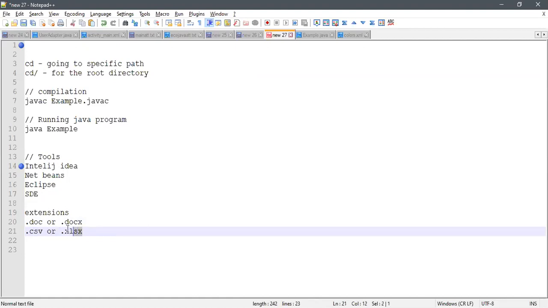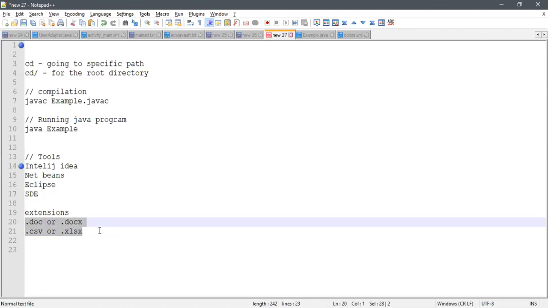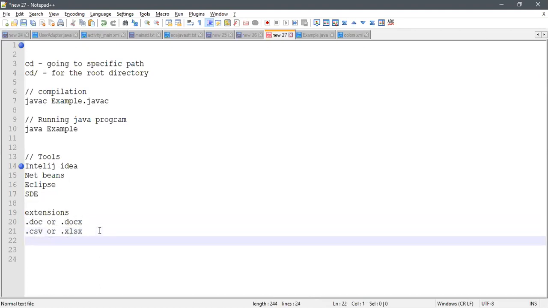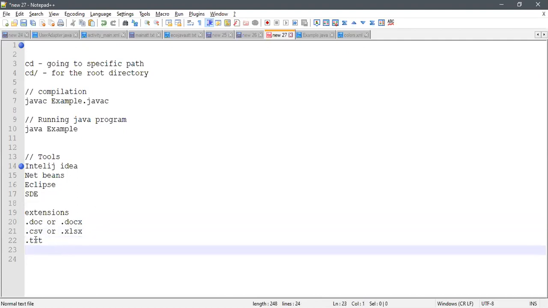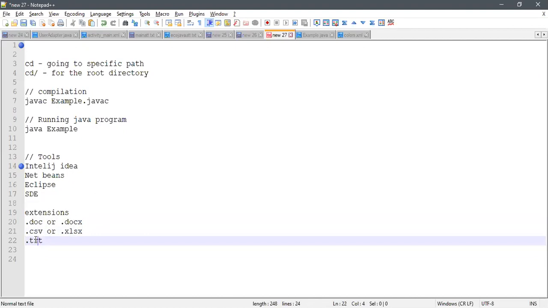So these are the extensions. What is the one for Notepad? .txt. This is the extension for the file which we saved as a text file. So how are you going to know whether it belongs to a particular file or not? Based on the extension, you come to know that this belongs to the particular file.